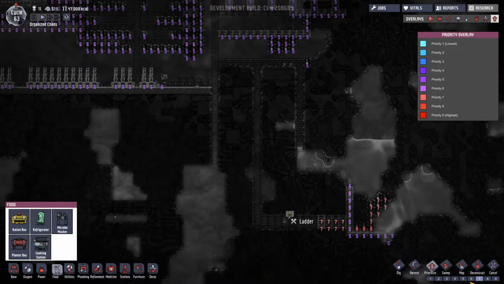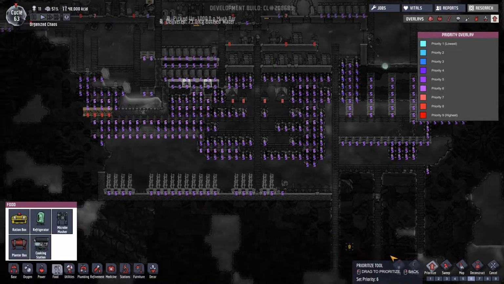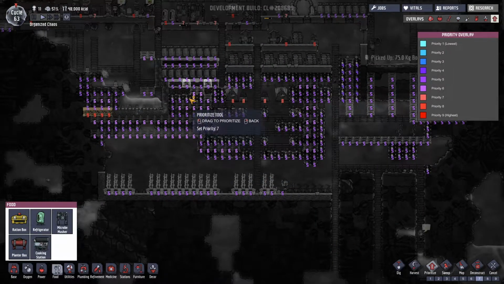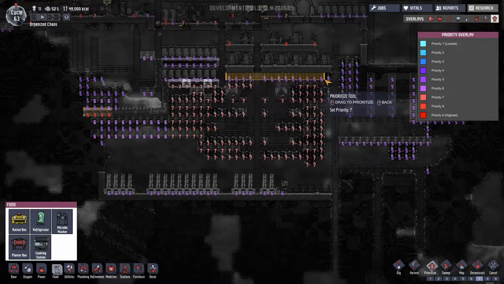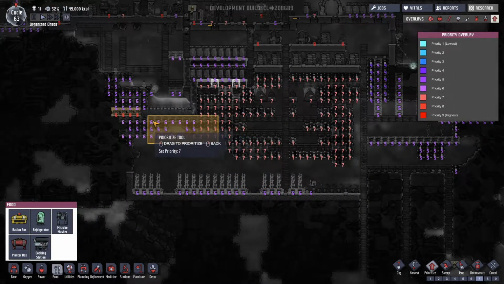Okay, so they're slowly digging out this area. We'll prioritize that as a 6. Don't really need that done now. But what we do need completed is basically this whole area. Gonna make them scramble to do a lot, but once that's done,